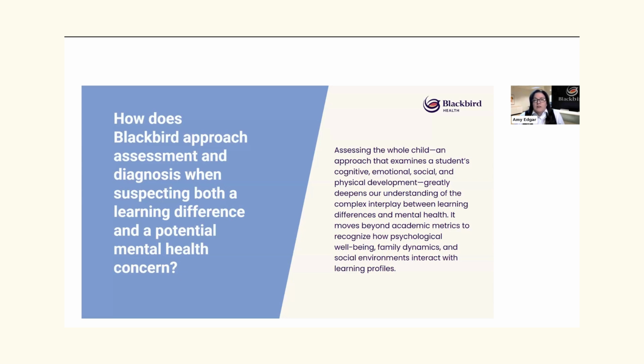So we're talking about whole child assessment, and that includes cognitive, emotional, social, physical development. If there are mental health symptoms, looking at mental health diagnostics, looking at constitutional health, the whole child. And when you do that, you're really able to move beyond a specific issue like a learning difference, and understand the learning difference in context of the whole child, which sets the child and the family up for success. So in 2014, we started with a robust front end evaluation that leads to really targeting.